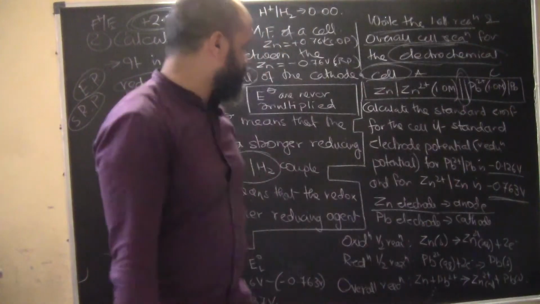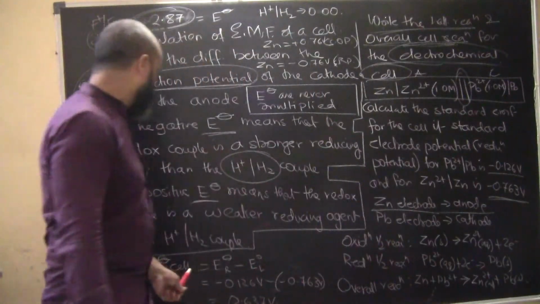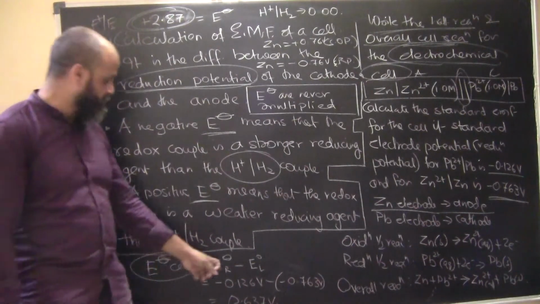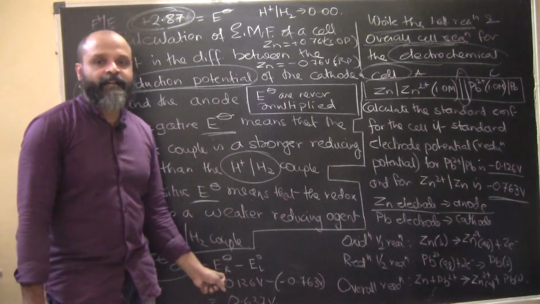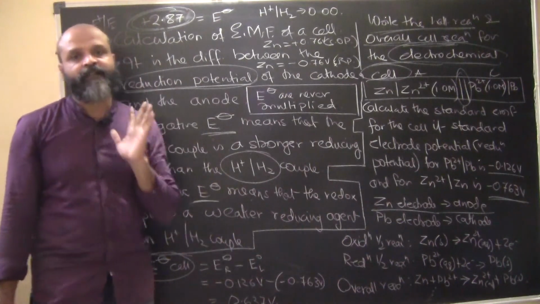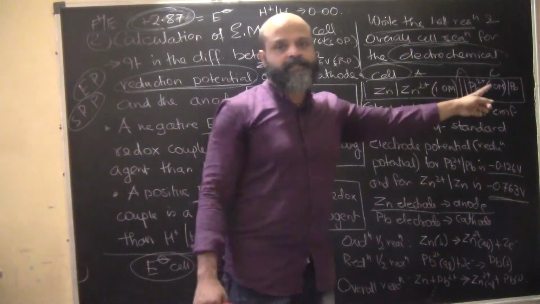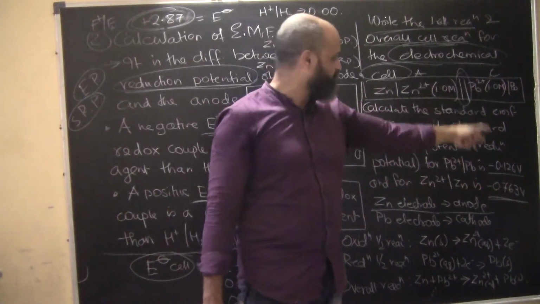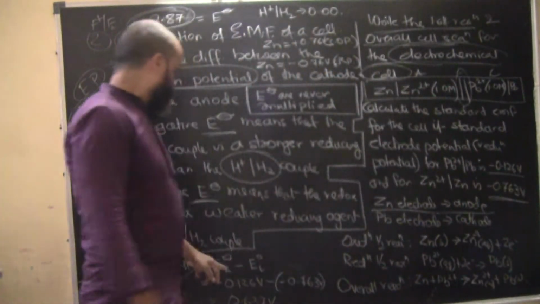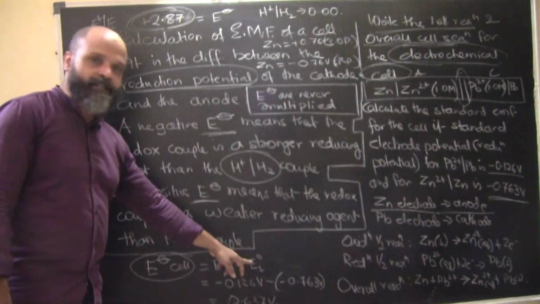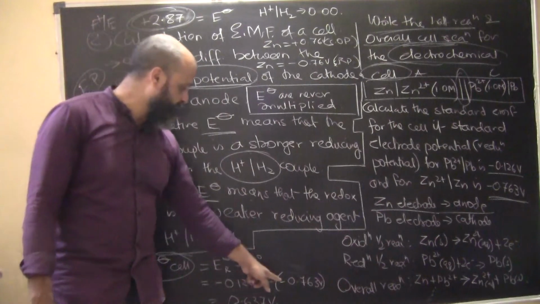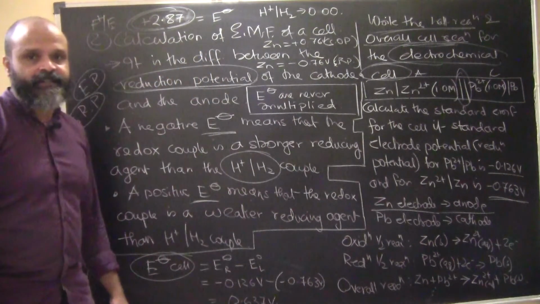So this is going to be the one. If we consider the EMF of the cell, it will be basically the electrode potential of the right hand part minus the electrode potential of the left hand part. Even if this was not given, you can see those figures and construct this one. So minus 0.126 minus 0.763 electron volts.